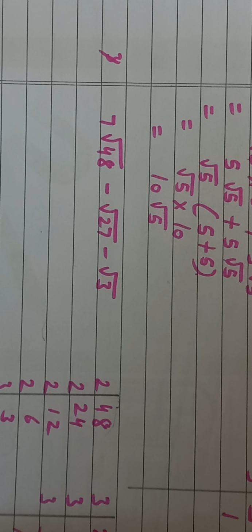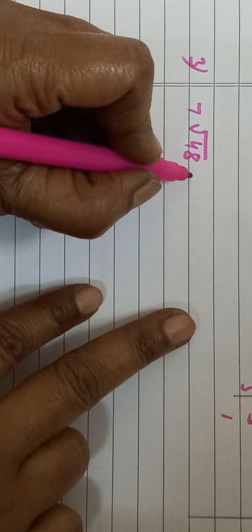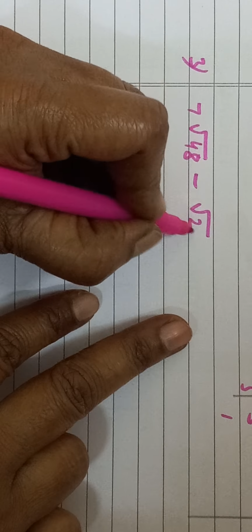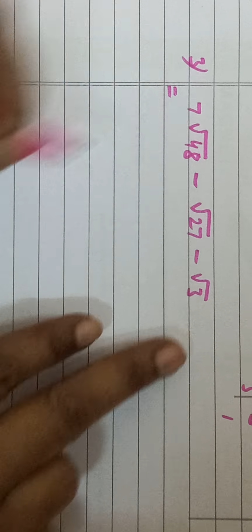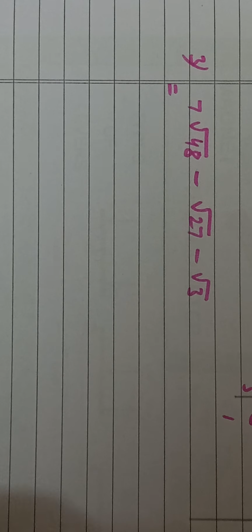Third example: 7 under root of 48 minus under root of 27 minus under root of 3. Space should be there again simply. So which is equal to